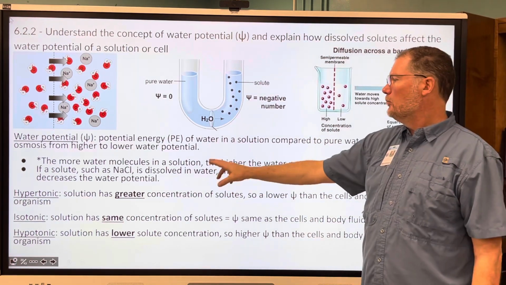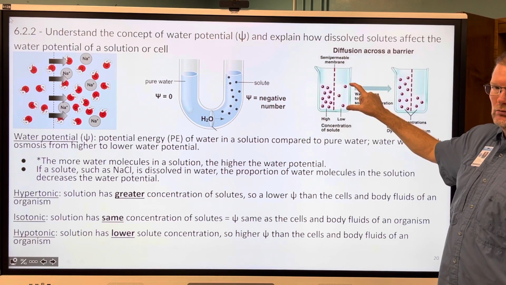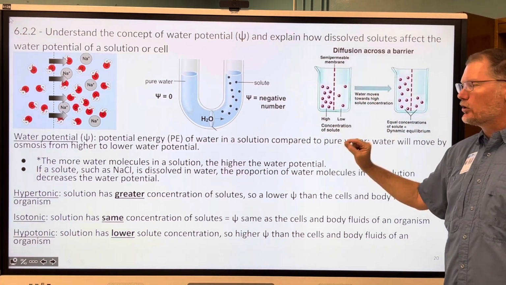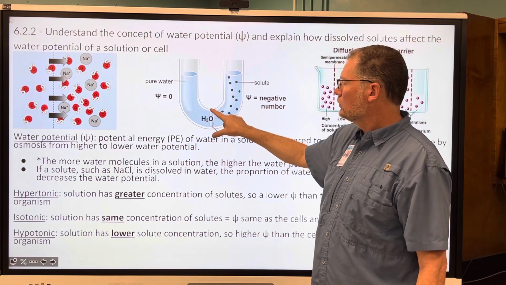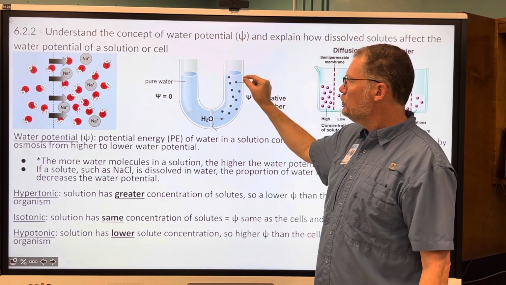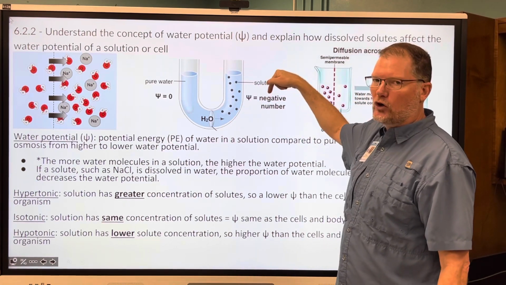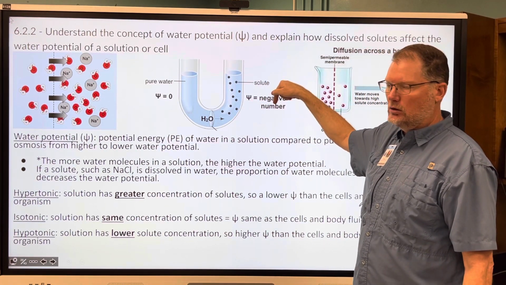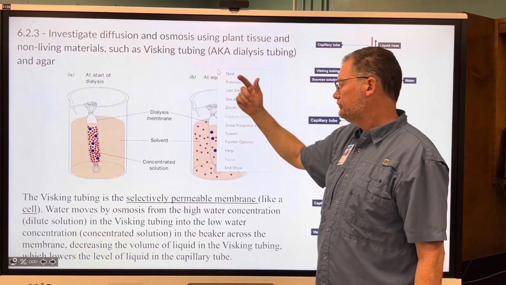Because the more water molecules in a solution, the higher the water potential. So here, pure water, solutes. The moment you add solutes, you decrease that water potential number. Pure water is going to have a